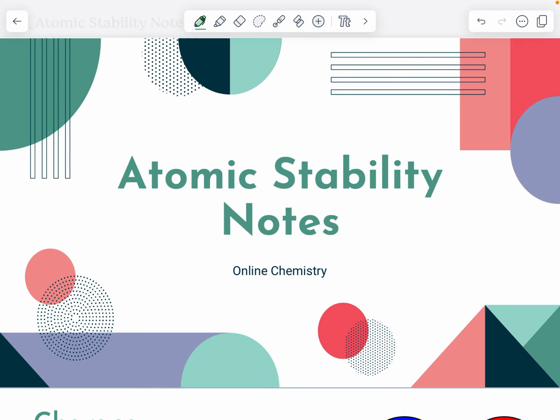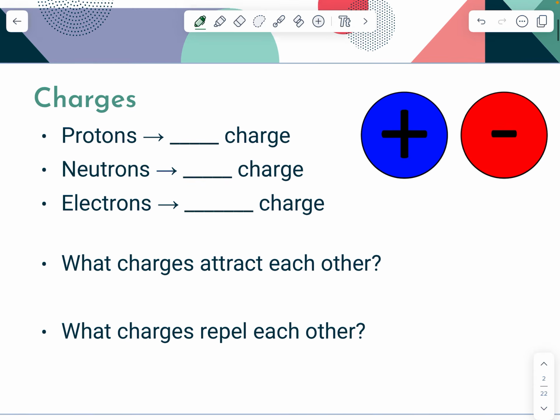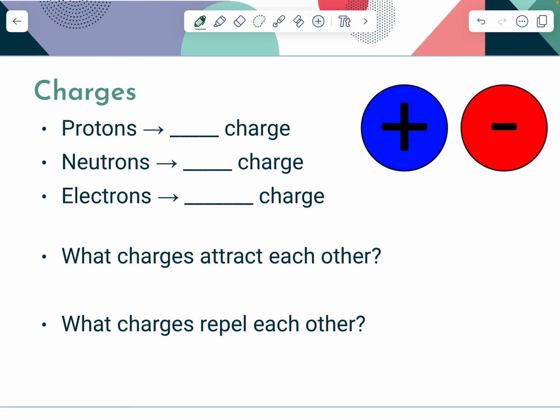These are the notes on atomic stability. It will be helpful to have a periodic table handy as we go through these notes. All right, as we talk about atomic stability and what makes an atom stable, we want to remember the structure